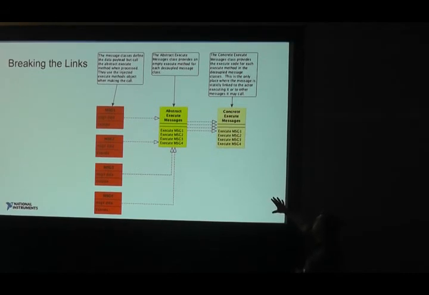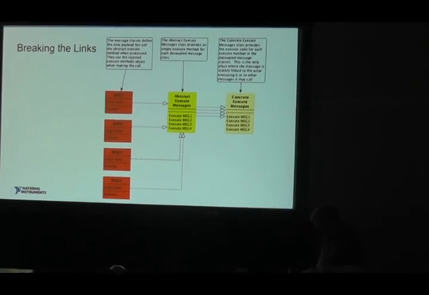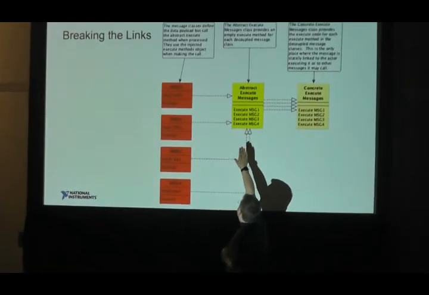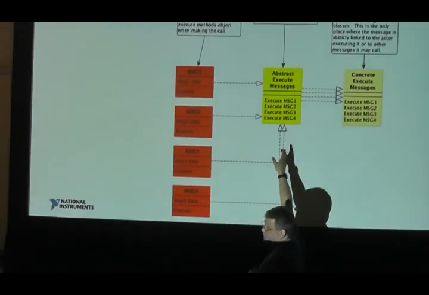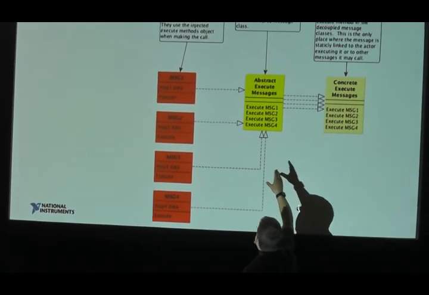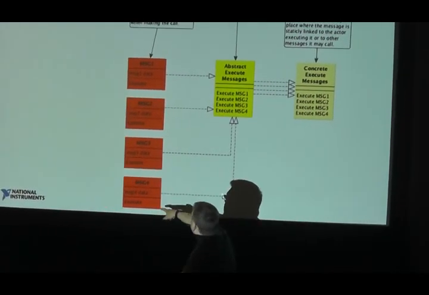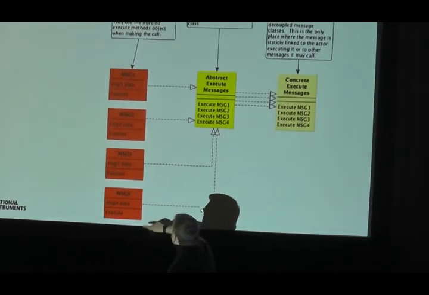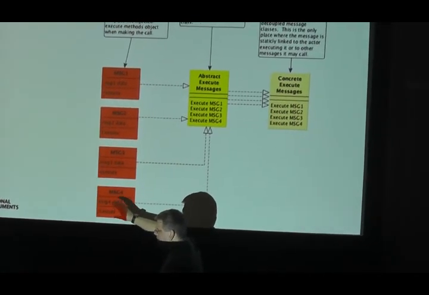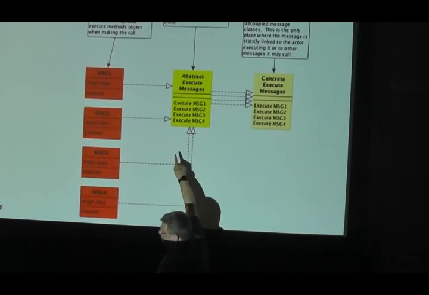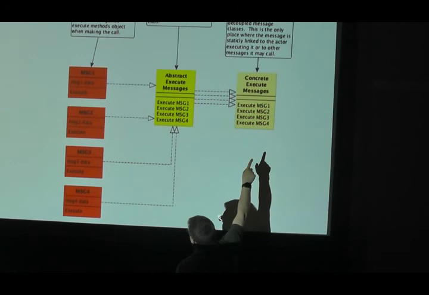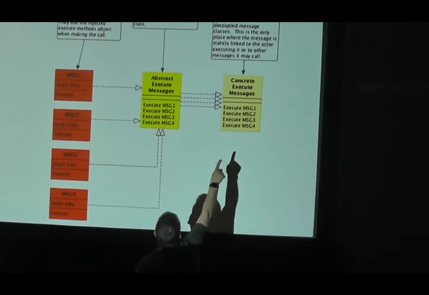No, you have a single. Well, you could break it into multiple if you wanted to. Then you have to implement a system to tell it which one to choose. So I wish I had a laser pointer. My application is designed to work with this class. At runtime, we tell it this is the concrete version you're going to use. And each of my messages that I wanted to break the linkage on, instead of having the normal do VI, it has the VI that says, go run that one. But read this class out of the initialized memory and actually run that one.